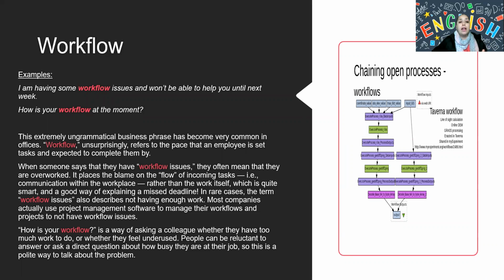Okay. In the examples, when it says the first example, I'm having some workflow issues, it's saying the work that I'm working on right now is not going anywhere. I'm having trouble. When you say workflow issues, it is related to your planning, related to not getting results. So it's the combination of those two. So you have to look at the context also.